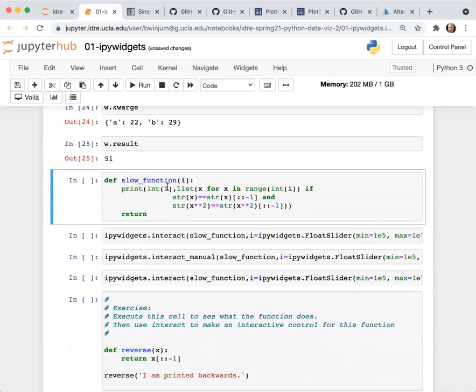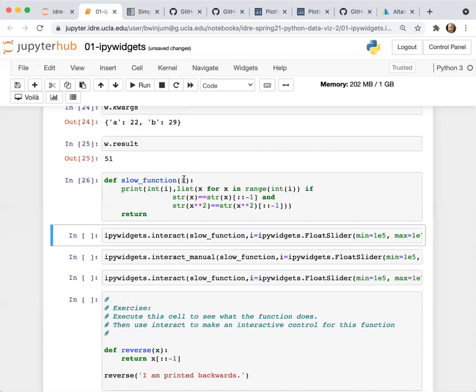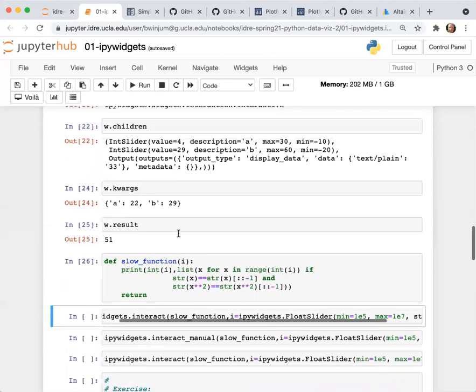One final thing before we start getting a little bit more into data visualization, which is our main topic. I've created a function here, which is just intended to be somewhat on the slow side. It has a single parameter, and if you pass in a very large number into this function, it generates a very large list, and it takes a certain amount of time to actually calculate the elements in this list. So I've intended for it to be slow just so I can show you some things about manually executing the widgets.